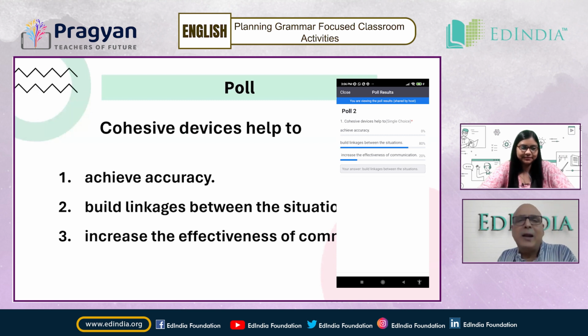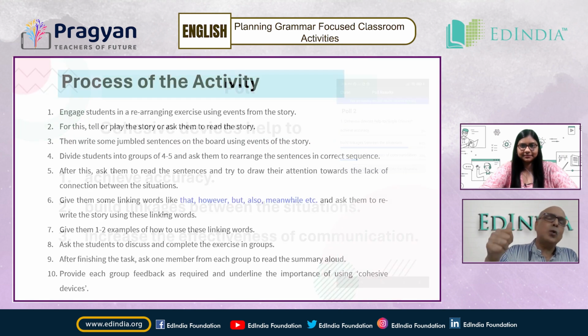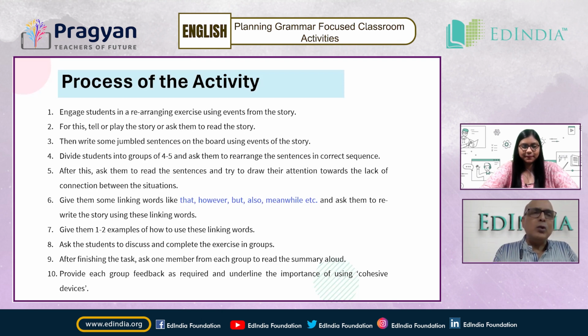Sir, जब भी आप कोई काम करेंगे, करेक्टली करेंगे, तो कम्युनिकेशन तो इफेक्टिव बनेगा ही, एक्यूरेसी भी बनेगी, बट पर्टिकुलरली जब हम कनेक्ट कोहेसिव डिवाइसेस की बात करते हैं तो कोहेजन की बात करते हैं। कोहेजन का मतलब, इफ यू लुक एट द रूट वर्ड इज कोहियर। कोहियर का मतलब चिपकना होता है। जैसे वो गम लगा के चिपका देते हैं ना पेपर को, या सेलो टेप से, या बोथ साइड टेप से आप दीवार पे पोस्टर्स लगाते हो, दैट इज कोहियर। सो जब सेंटेंसेस को एक दूसरे के साथ आप कोहियर कर देते हैं, कनेक्ट कर देते हैं, चिपका देते हैं, दैट इज व्हाट कोहेसिव डिवाइस इज। सो कोहेसिव डिवाइस का रोल इसी में होता है, टू कनेक्ट द सेंटेंसेस।